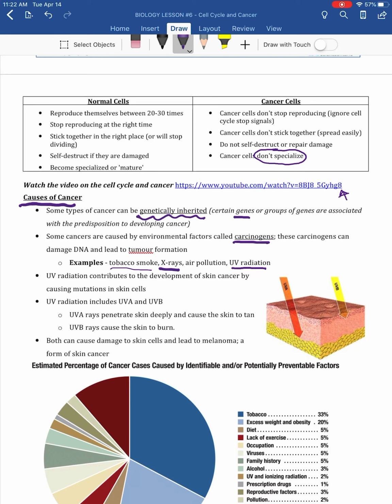And UV radiation, this is like if you're getting sun and you're not wearing sunscreen and you get a bad burn, that UV light from the sun can actually break apart the double helix in your DNA, and that can cause permanent damage to your DNA. So that's why some people get moles or even freckles. Not that freckles are cancerous, but they can turn into things because they're highly pigmented. Okay, so